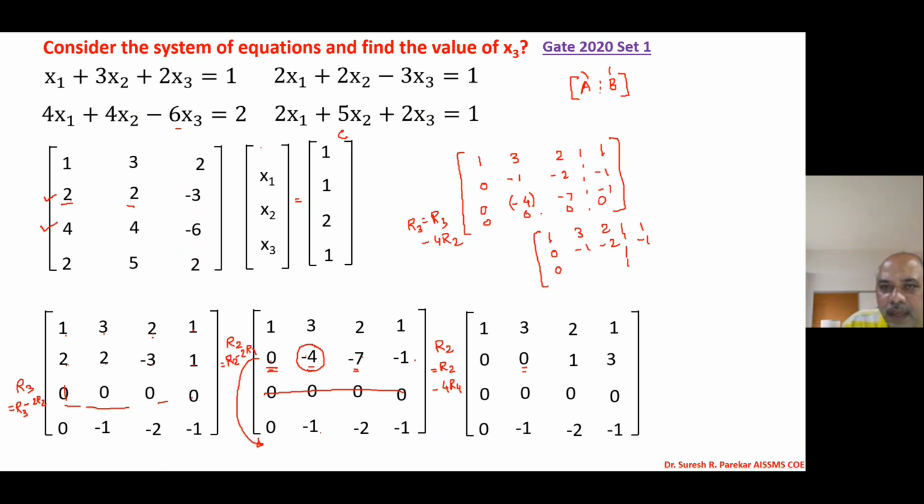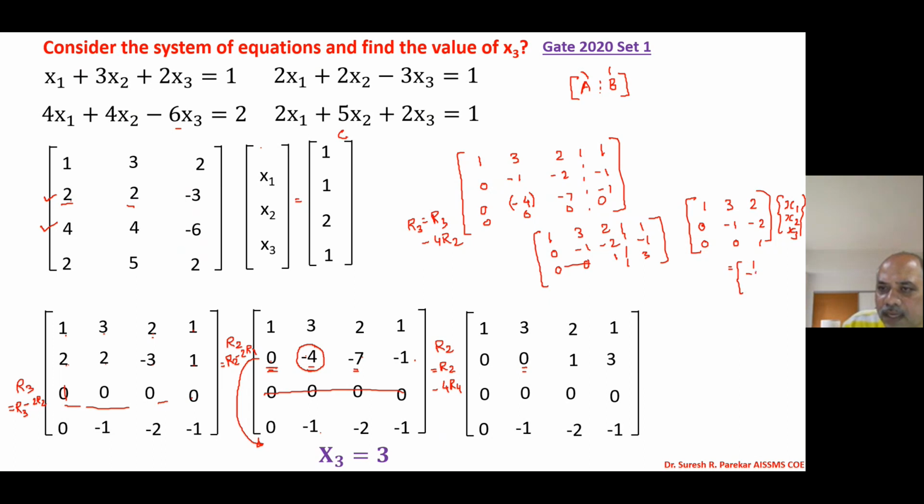Then we have, first is 0, this becomes 0 now. Then minus 4, minus 2 becomes plus 8, minus 7, this will be 1, minus 1, minus 4, 4 minus 1 becomes 3. And then you can have directly x3 equal to 3. And then if we write again in this form, that is 1, 3, 2, 0, minus 1, minus 2, 0, 0, 1, and then this will be x1, x2, x3,